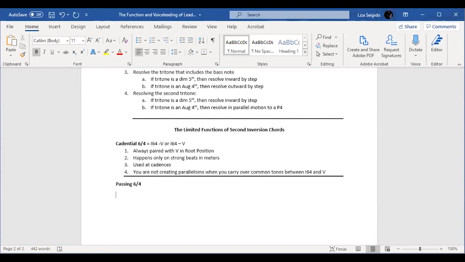Passing 6/4 chords are always used on weak beats, and in the case where they're used in subbeats, it's always on the weak part of a beat. Something to be aware of. I don't know if Dr. Galland will ask for this when you're in Theory 3, but a lot of theorists,